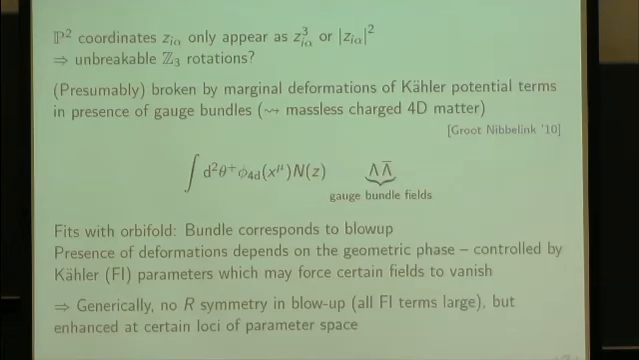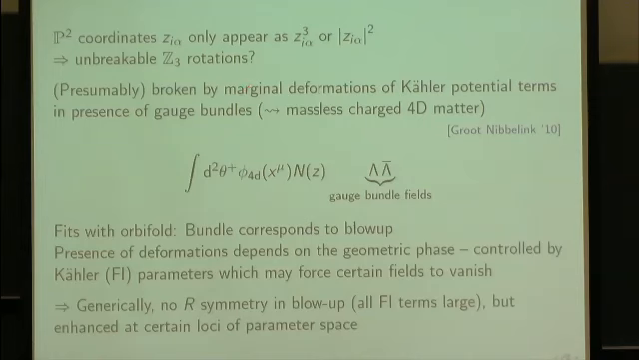And so the one thing, as I said, is we always seem to have these unbreakable Z3 rotations, because the coordinates only appear in this manner. And that's of course weird, because we saw on the orbifold that we usually break everything. And I guess we think we can understand this, that these are actually broken by deformations of